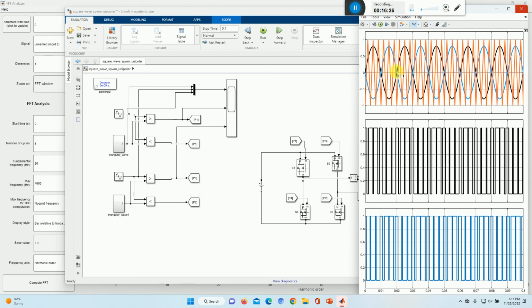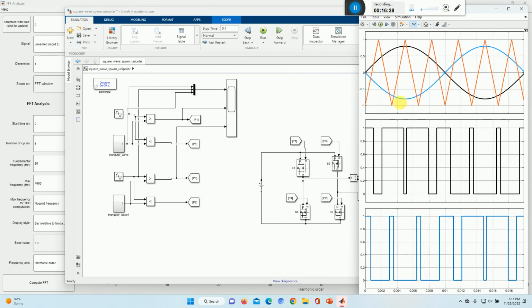If we see only one cycle, there are 6 triangular waves in one cycle, and when compared with the black one, we get this pulse, that is P1. When compared with the blue we get another pulse, and in this way we can see this sinusoidal pulse